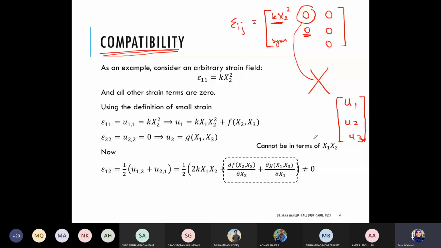Or that's what I was trying to say, that we have 6 strain terms arising from 3 displacements. So there actually has to be some limitations on these 6, so that whatever I do, whether I get U1 from epsilon 11 or from epsilon 12, I should get the same displacement. It should not be that one term gives one displacement and another gives something else, and so on. So this is the condition of compatibility which we require on strain fields,